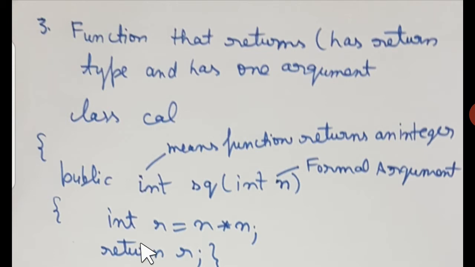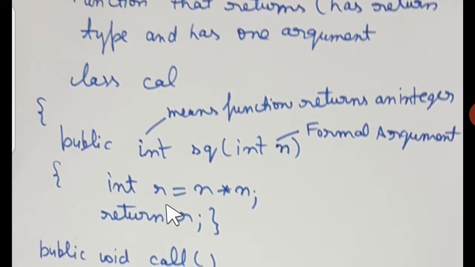Now I have taken another variable here inside the function definition, that is r. It is of int type, and r contains the product of n and n. So n asterisk n is there, so definitely that is square of n. And finally the result is going to be stored in r, and this r is going to be returned outside the function. So return r is written. Alright, so this time this is not being printed through a function, it is being returned.